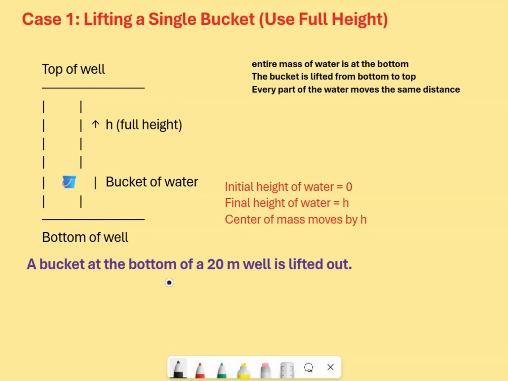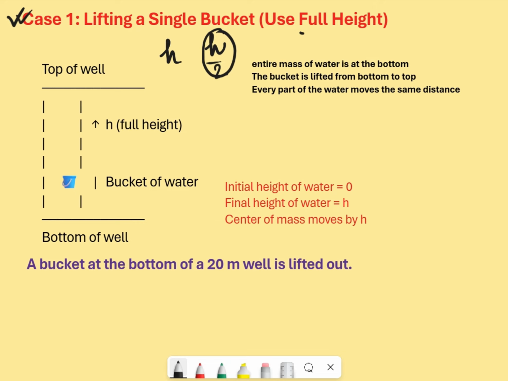Here is an interesting topic. When you are lifting water from a well or any type of water source, when are we going to use H or H by 2 and so on? First of all, we are trying to understand the very first case, one, lifting a single bucket, or we can